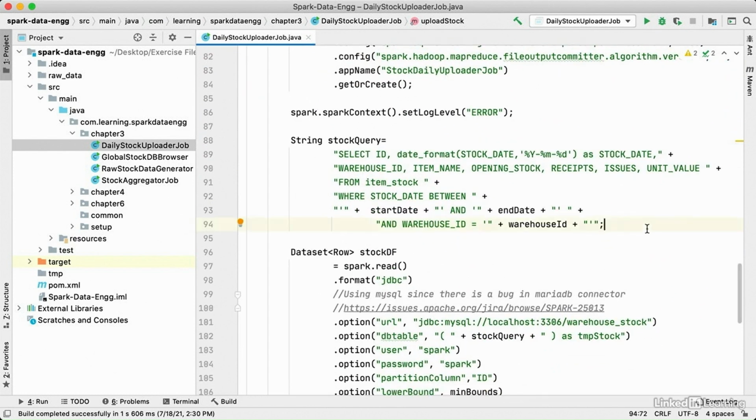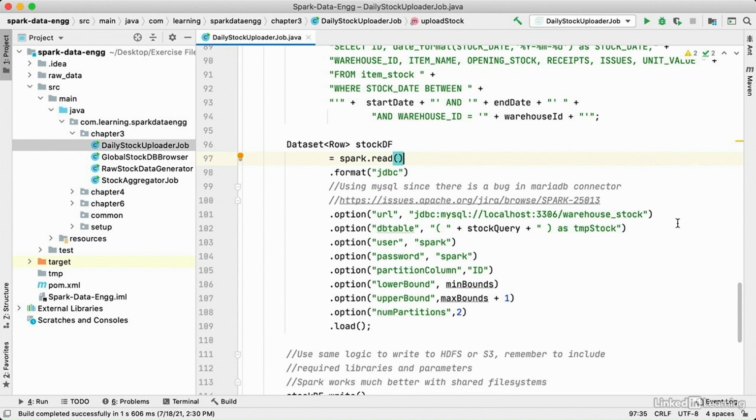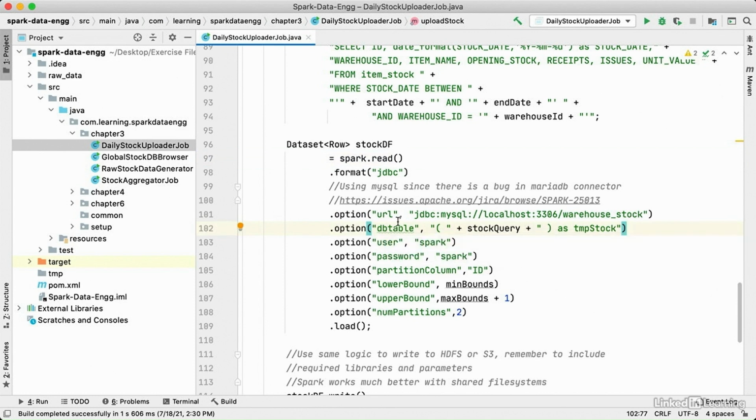Now, we set up the query to get stock information for a given date range and warehouse ID. We execute this query and read the results into a dataset. While reading, we provide various database connection parameters like URL, DB table, user, and password. In order to use partitioning, we convert the query into a temporary table and provide that to a DB table